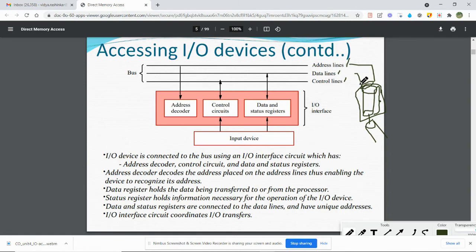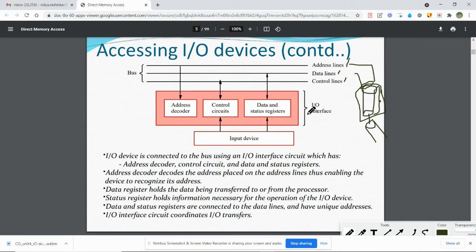In the same way, inside the computer, it may happen that the encryption decryption, or the way in which the address decoder and encoder, and the way in which the input output devices do the coding with the input output address, may differ from the way in which the computer performs these operations. So in order to do these things smoothly, we require an input output interface, which has an address decoder, control circuits, data and status registers.